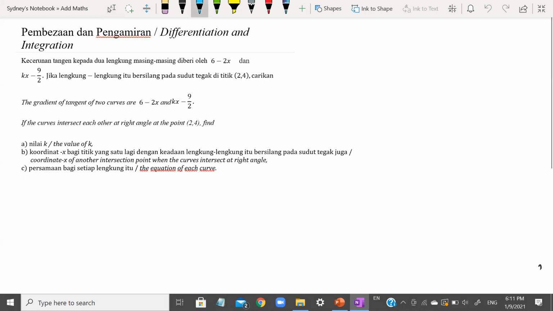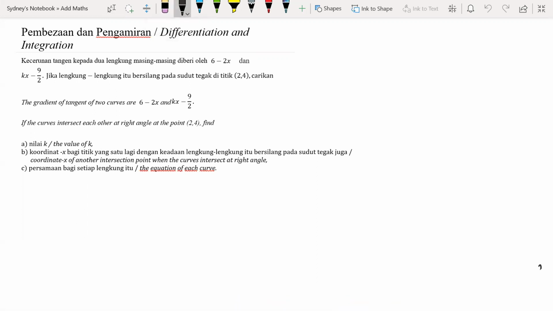Now to start off, if you have seen my previous differentiation and integration questions, you'll notice that I always like to sketch. This is just a sketch, so it may not be accurate, but it doesn't matter. We just want to sketch and fill in the important information that we have in hand. So over here, we have the gradient of the tangent. A tangent is the straight line that touches the curve at one point. For both curves, I have a tangent,